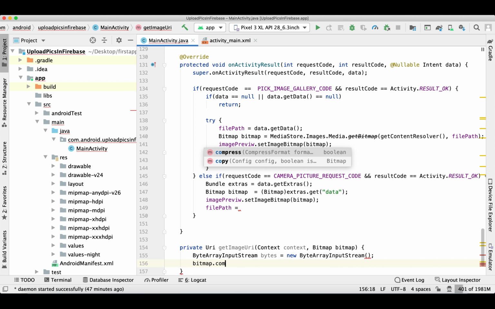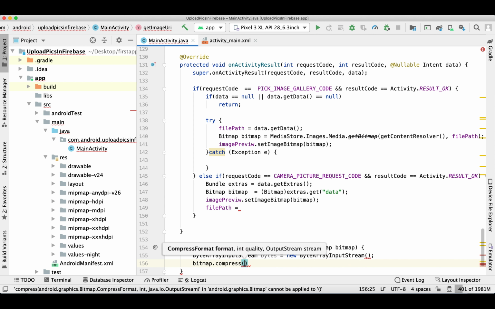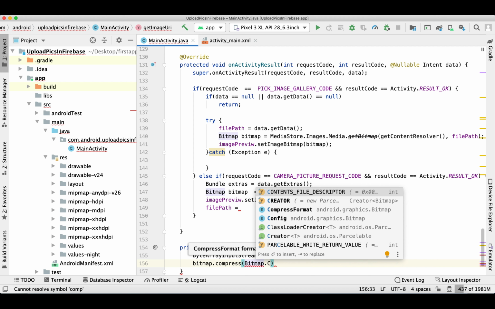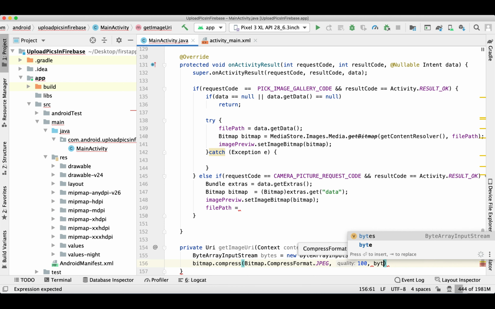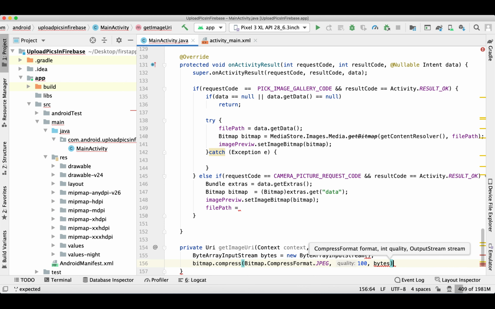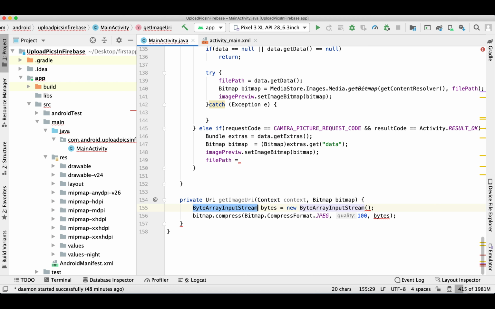So this block of code is simply storing that bitmap what we received in the on activity result in the gallery. I think it's not the byte array input stream, it should be the output stream.